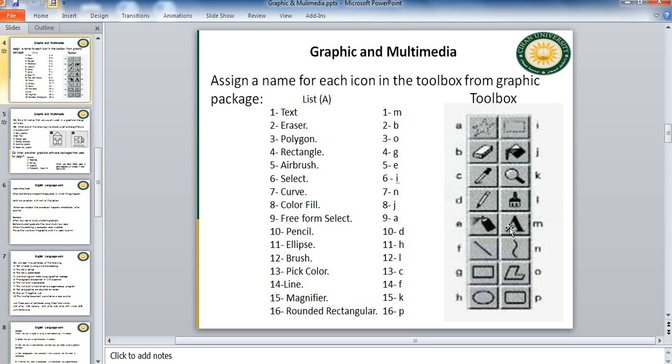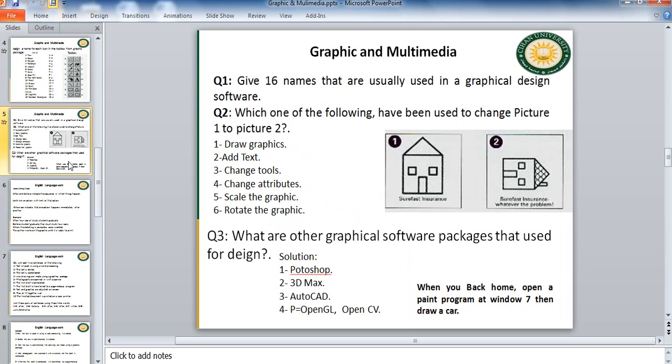See here, this is M. 1 with M. 2 with B. 3 with O. Something like similar to these examples. I will not tell you to memorize the 16 one. So graphics, this is no need to memorize. Which one of the following have been used to change picture 1 to 2? So this is picture 1 to picture 2. You see here,